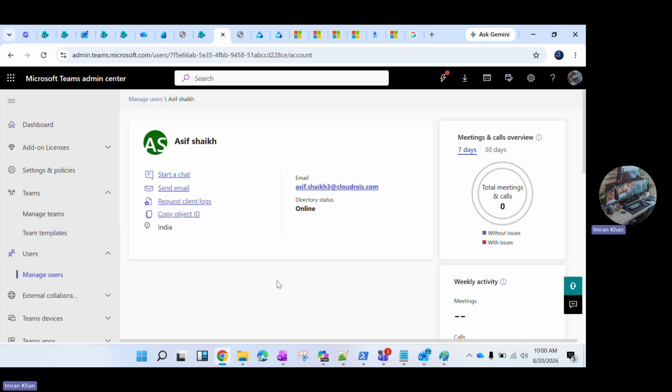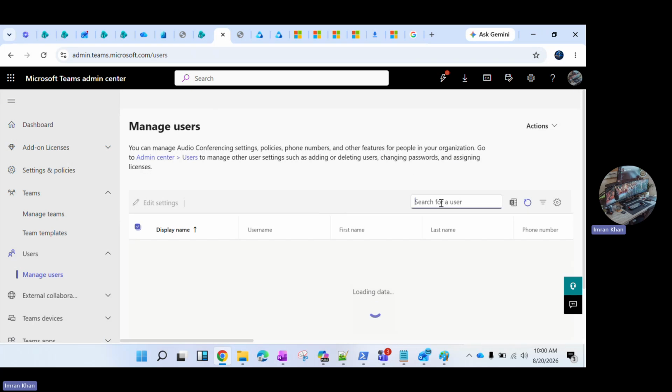Okay, so here you can find asif.sec is the user, and you can find all details of Asif's updates related to Microsoft Teams, like chat, data, email, requests, client logs, and everything for that user. If the user has selected any meetings, you can find none. So I'm just selecting which user is already